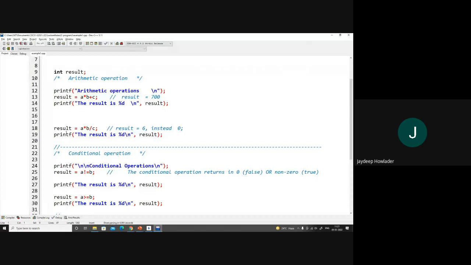Okay. So in this case, we have operations with the same precedence. There is a multiplication followed by a division. So which operation will be performed first? Shall it divide first or shall it multiply first? In this case, we have associativity. The associativity says that the operations will be performed from left to right. So the left side operation is multiplication, so it will first perform the multiplication and then it will divide by c.